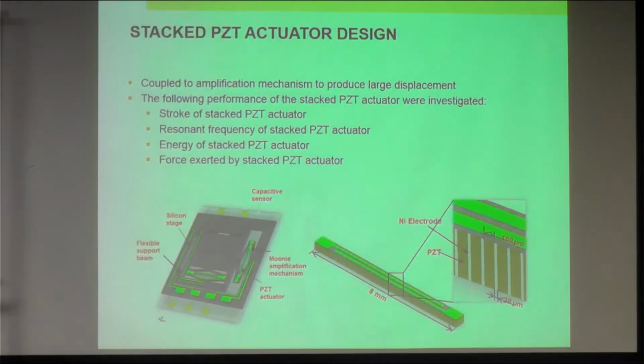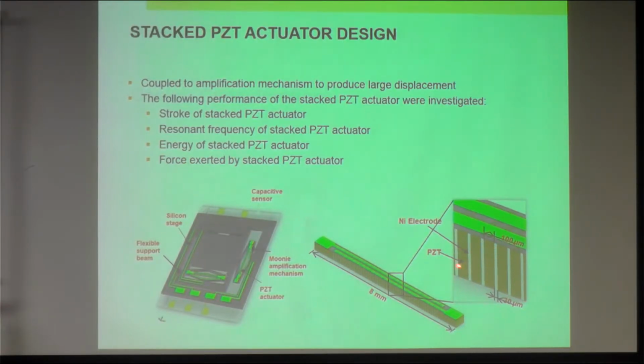So then the next thing is the design consideration for the PZT actuator, coupled to the amplification mechanism to produce large displacement. So basically this is the design of the amplification mechanism, PZT actuator. With 8 millimeter length and a thickness of about 400 micrometer, and we have the design in order to make a higher stroke or higher displacement of this actuator